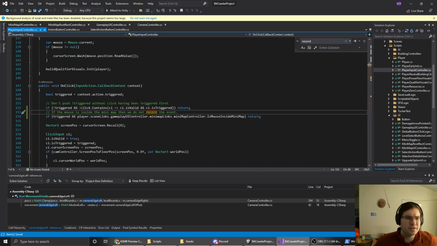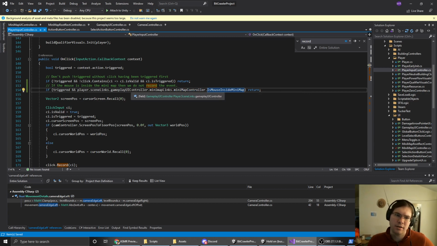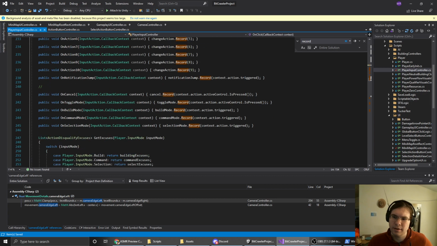So we have it. Okay, there's a thing that's a little bit silly about this: we have another place where we do something kind of similar for other inputs and we handle it differently. And now I'm thinking, hey, maybe we should throw this getter in here and have a thing that just checks and says, hey, are we inside the minimap? Are we over buttons? Like, what is our state of things, right? Because later down here